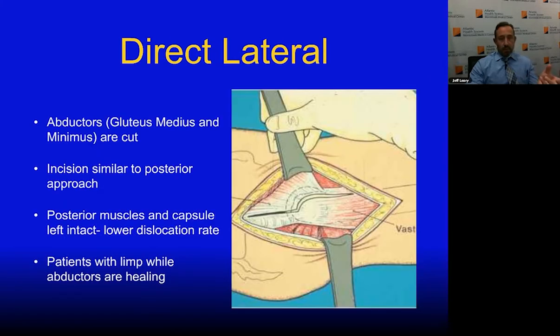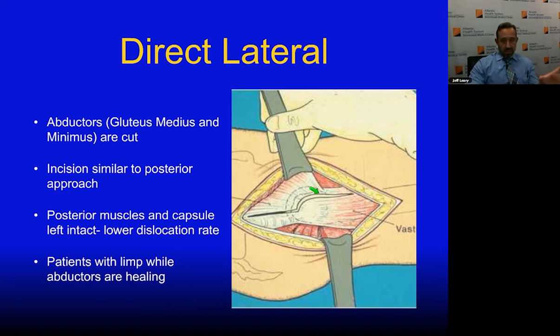The second way this can be done is what we call direct lateral, where we're coming in from the lateral aspect instead of the back. When it's done this way, once you get down through your abductors, which you see here in this drawing, you actually go around to the front of the hip and do the procedure through the front, so you're never touching the external rotators or violating the soft tissues in the back of the hip. So this actually provides the most stability, meaning the least risk of dislocation if you look at the three compared to each other in big studies. There is the potential for some abductor weakness, meaning you have some weakness of these muscles while they're healing, which may cause a limp early in the process until those muscles can be strengthened appropriately with therapy.